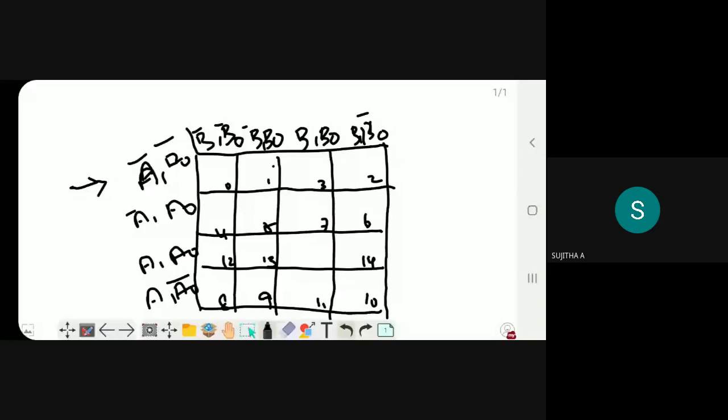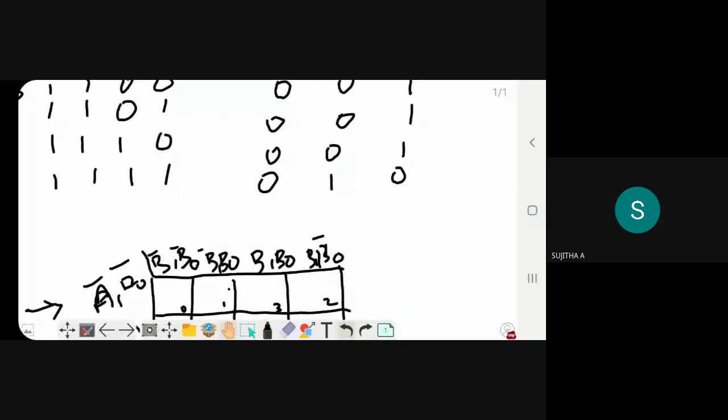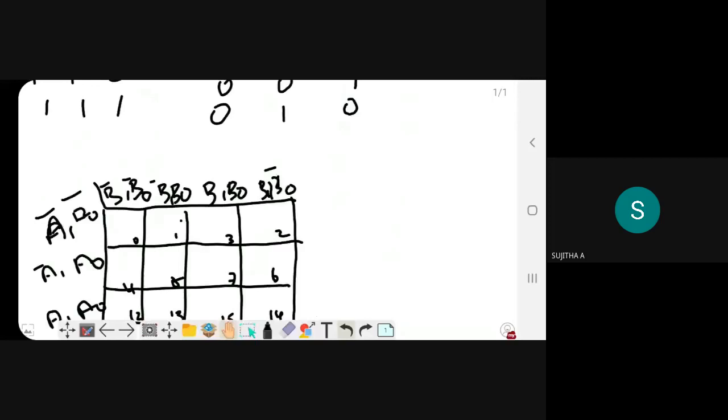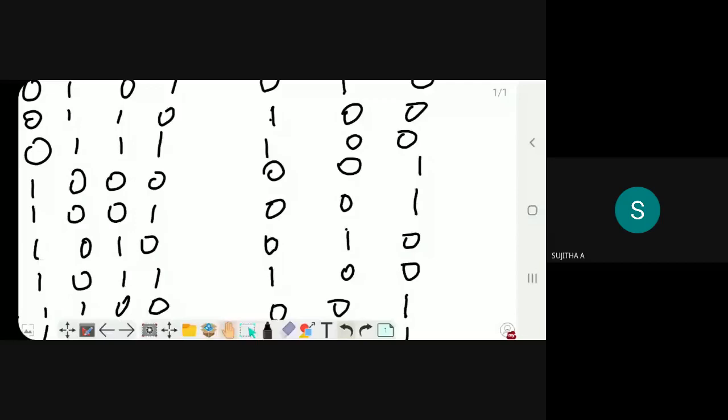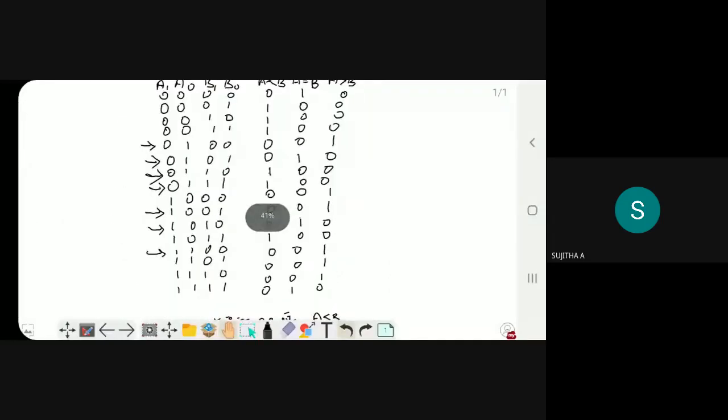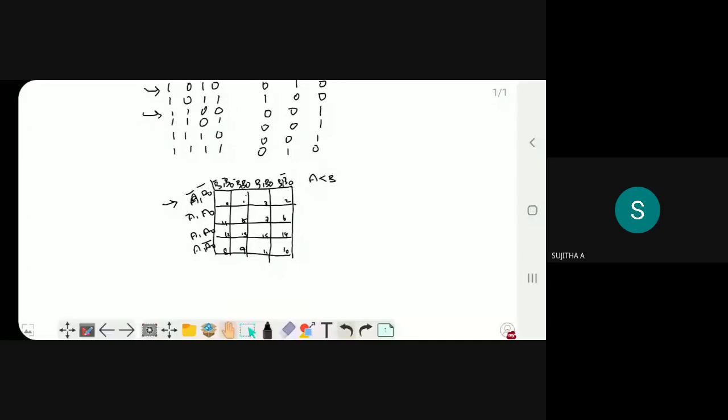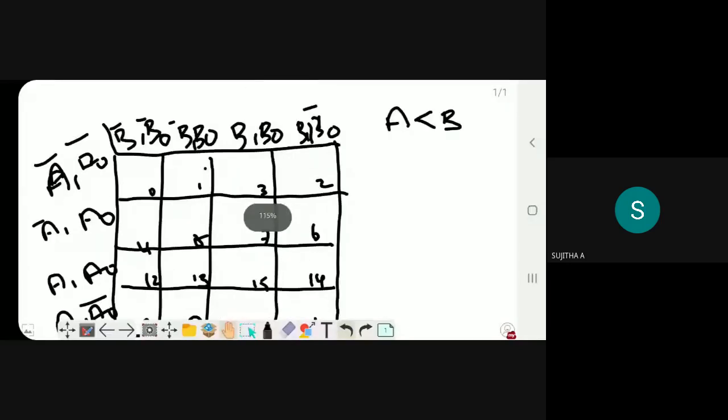Okay, so now say, this is the K map for A is less than B. For which values will we have 1? In the places of the min terms 1, 2, 3, I will have the value 1.